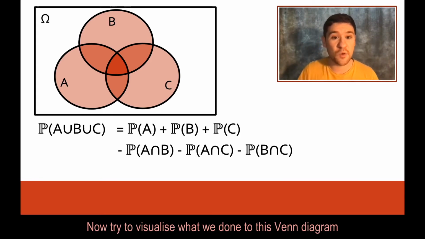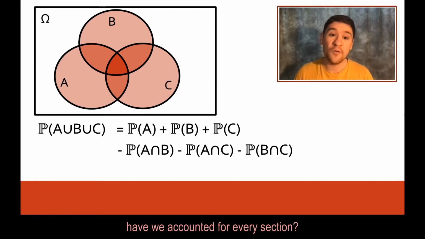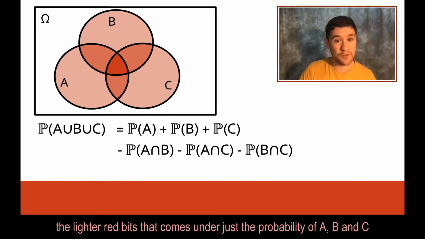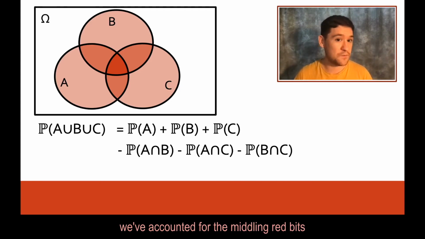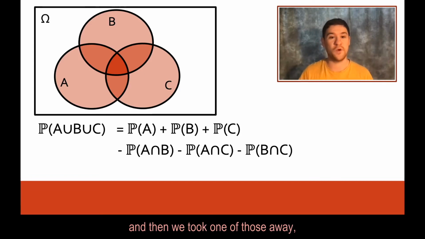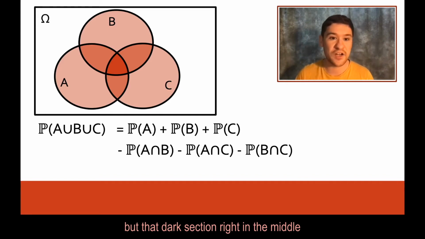Now try to visualize what we've done to this Venn diagram. How have we accounted for every section? So we've accounted for the lighter red bits. Yeah, that comes under just the probability of A, B and C. We've accounted for the middle red bits because we added those bits twice and then we took one of those away. But that dark section right in the middle,